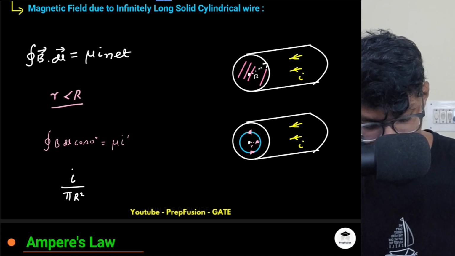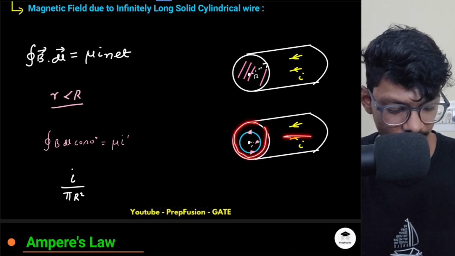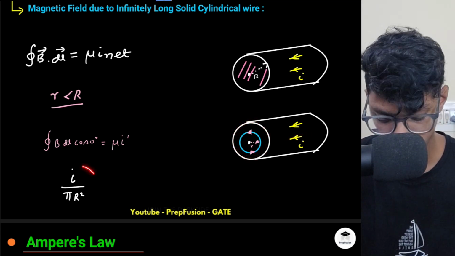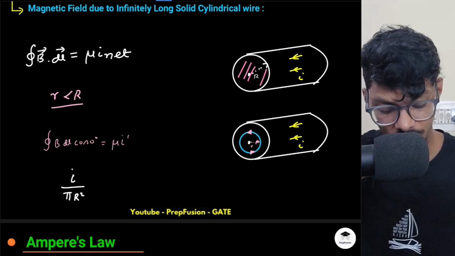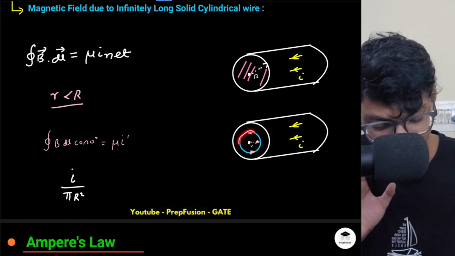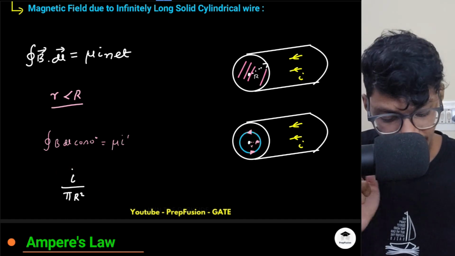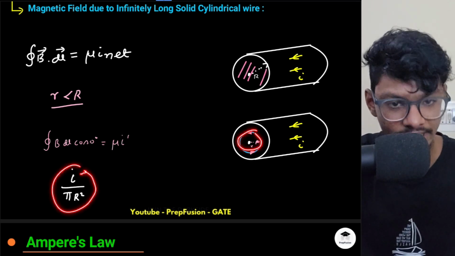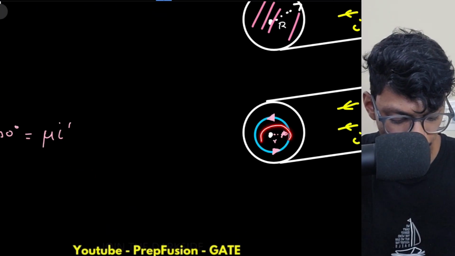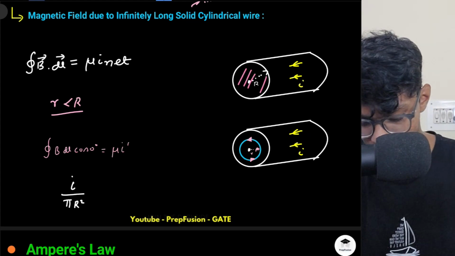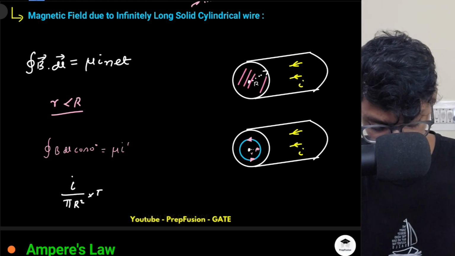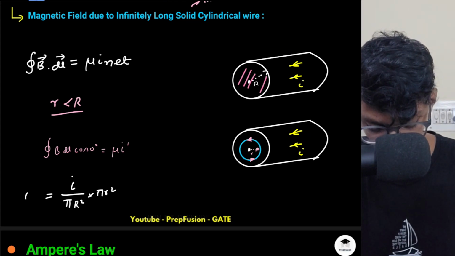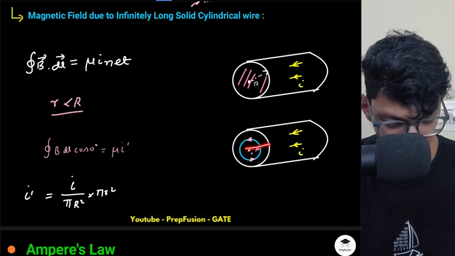I hope you are understanding this, because in this whole cross section the current I is uniformly distributed, so it will be I by pi R square. Now, but I want to find out the current in this small area. Simply I need to multiply this current per unit area into the required area. What is the required area? It is pi small r square. So I will multiply pi small r square and I will get my I dash, the current that will cross through this